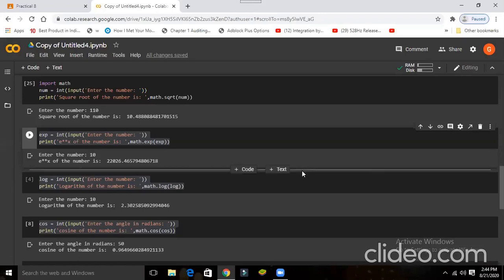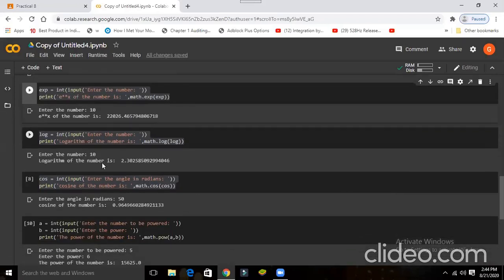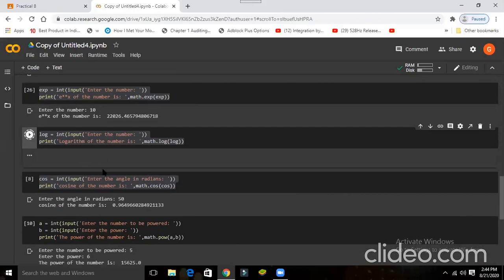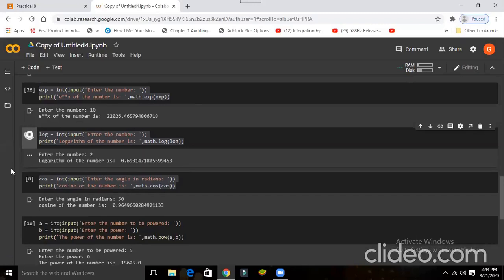Now the next function is log. So what is the answer of log 2? 0.3010. Log 2. Yes, this is right, 0.6931.